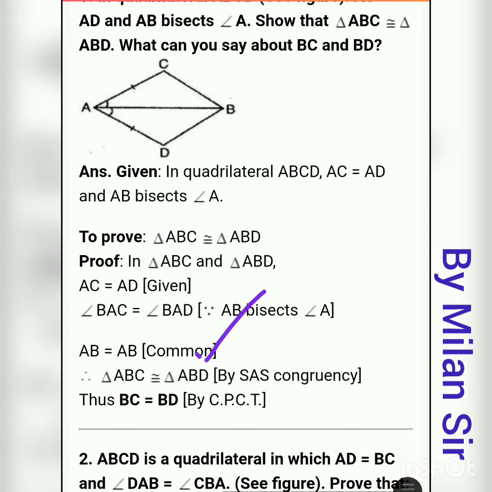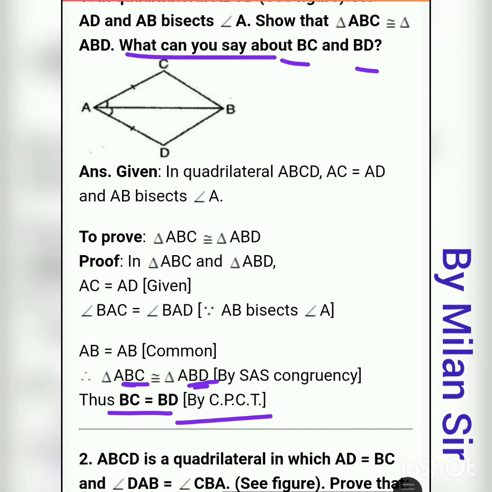Okay, once we prove ABC is congruent to ABD, we can say that all three angles are the same and all three sides are the same in both triangles. So if you take BC, that means second and third positions, then from here just take BD, second and third positions. So BC is equal to BD. Okay, why do we do this? Because the question asks, what can you say about BC and BD? So if you take BC, second and third positions, and BD, both are equal, and the reason is by CPCT. Okay, so here we need to write the reason: by CPCT.